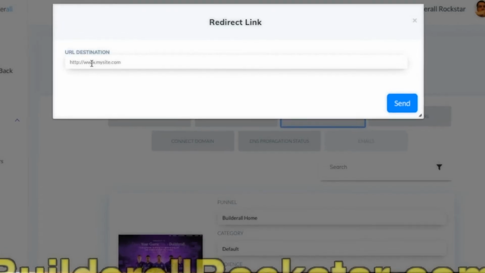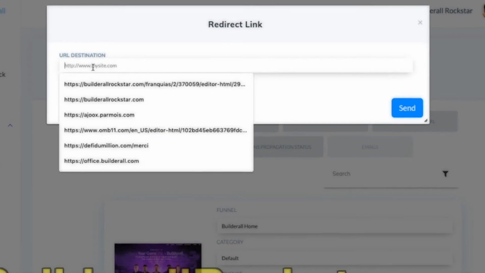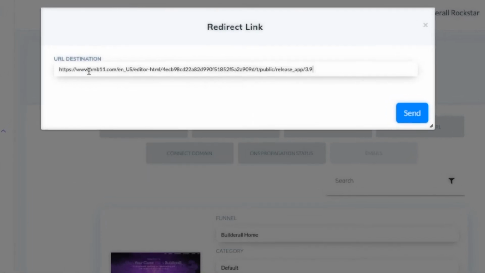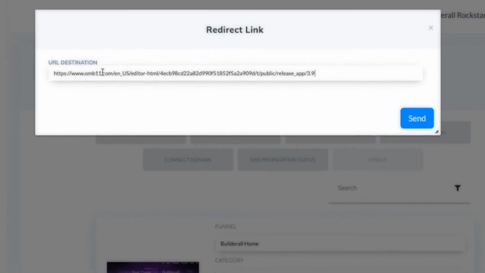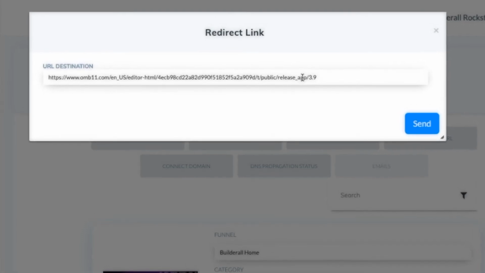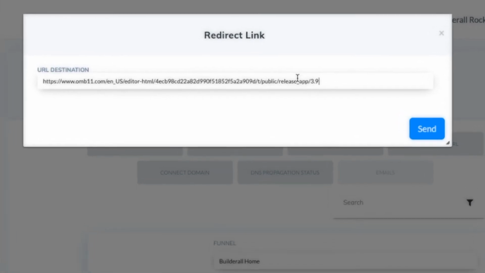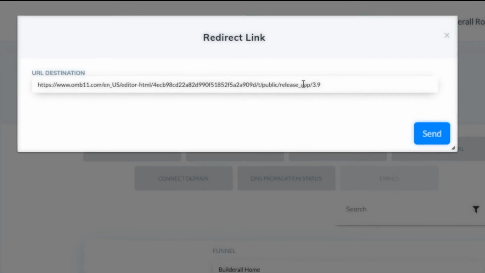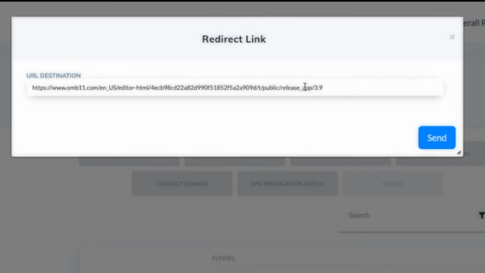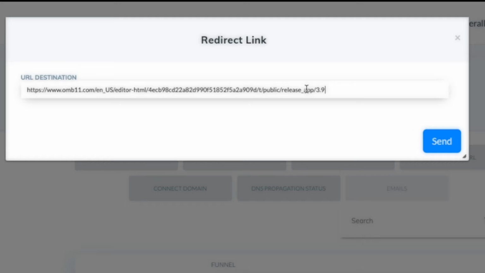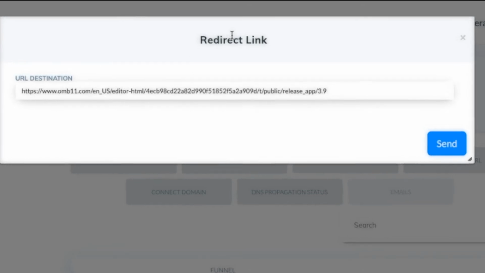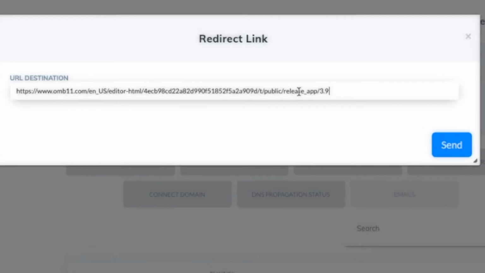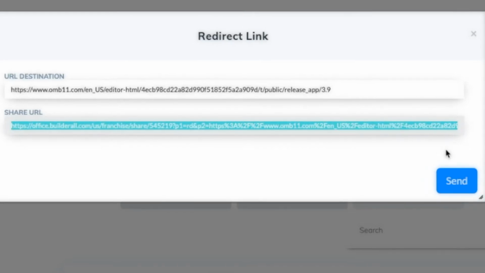So you click, it asks you URL destination. So I paste it, Control V. This is the link of my public layout website. So when people go there, they will have Pixel Perfect open and everything, but my affiliate cookie will not be set on their browser. So that's why I put it in redirect link, URL destination, send, and now I have